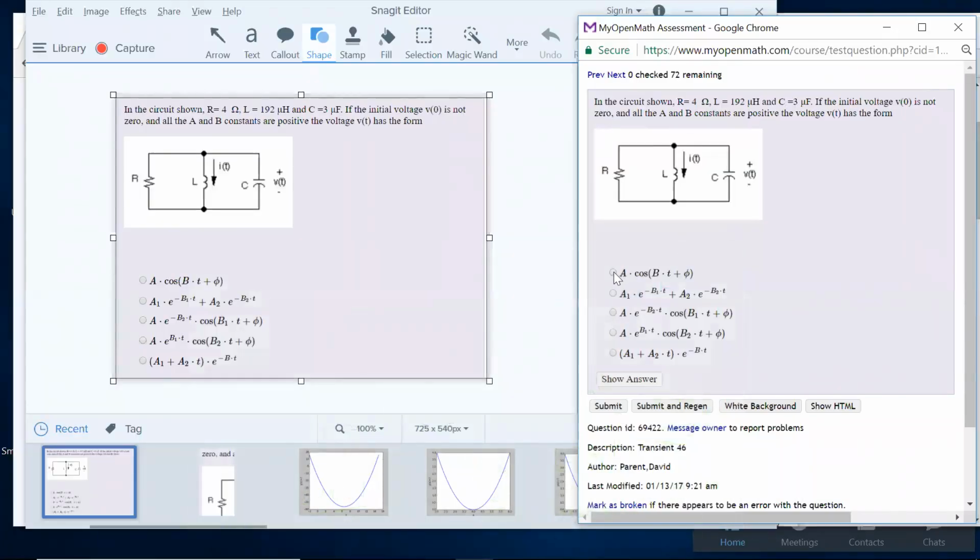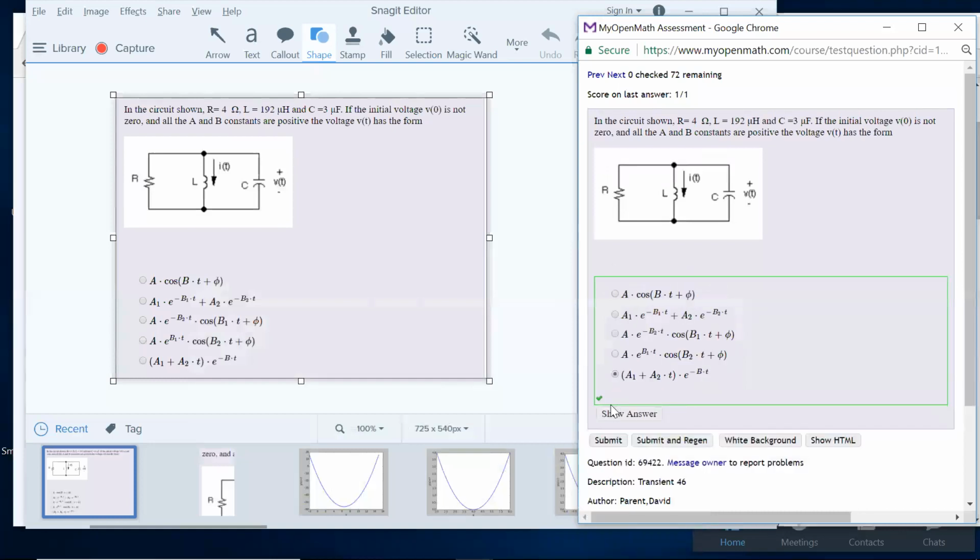So that's just an everlasting sinusoid. Two exponential decays, that's overdamped. Exponential decay times a cosine under, exponential increase times a cosine, linear times exponential decay. Bam, it's right. So really,